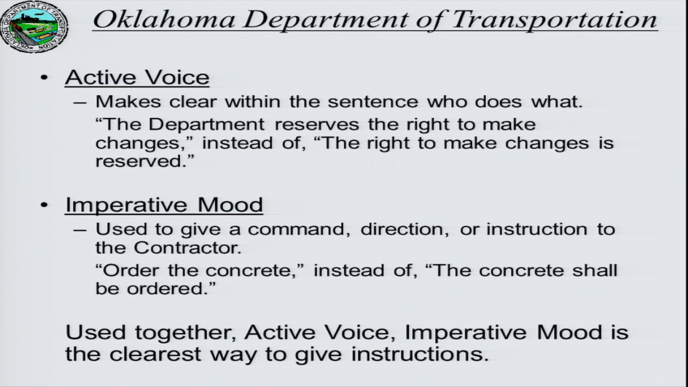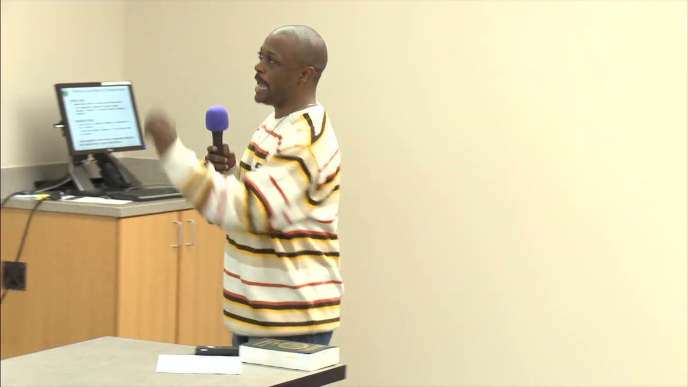But active voice, it makes clear within the sentence who does what. So in an example, the department reserves the right to make changes, whereas what we might have said in the past, the right to make changes is reserved, and then left it ambiguous as to who reserved the right. And so an active voice specifically says who's responsible. And the imperative mood is used to give a command, direction, or instruction to the contractor. So today we would say order the concrete, where in the past we would have said the concrete shall be ordered. And so when you use these two forms together,